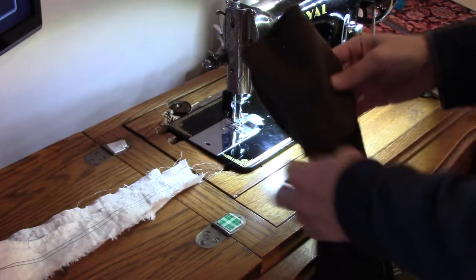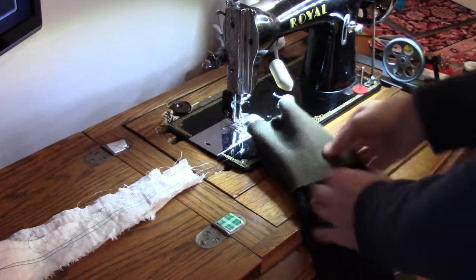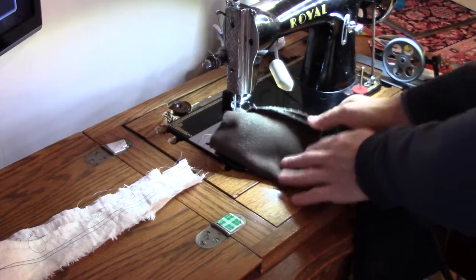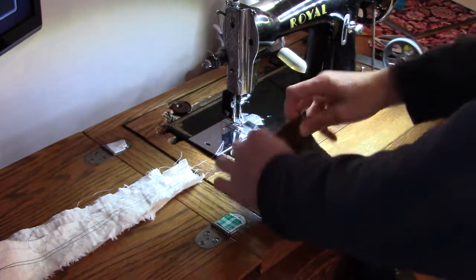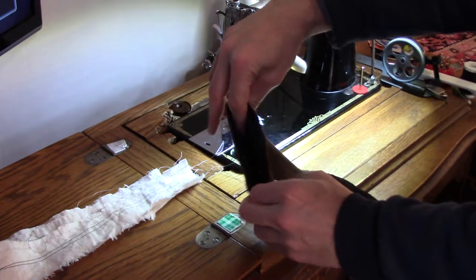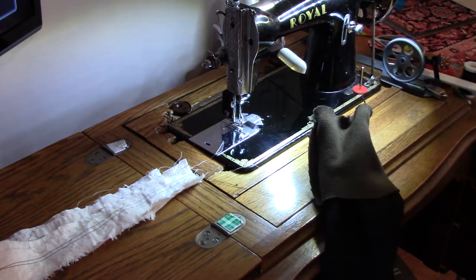So today I wanted to talk about the attaching of the cuff. You make a tube, and you can see I've sewn it there. It has to be stretched over the edge of the fabric, so when you sew it, it has to be stretched. I've just pinned it in place so I can sew it, and I'll sew it now, and then I'll show you how to join it to the lining,